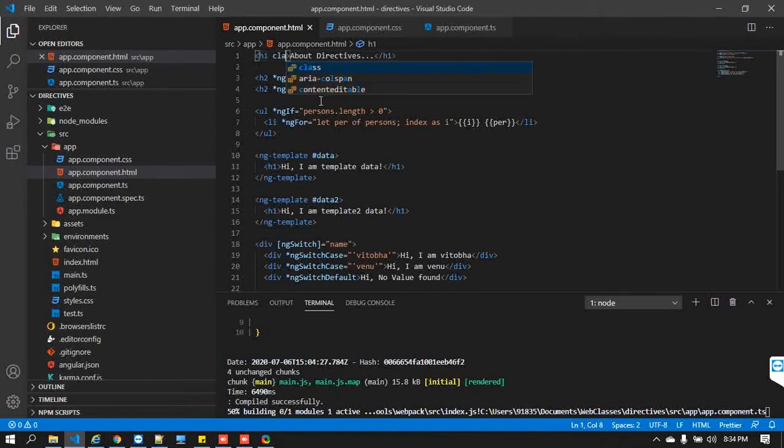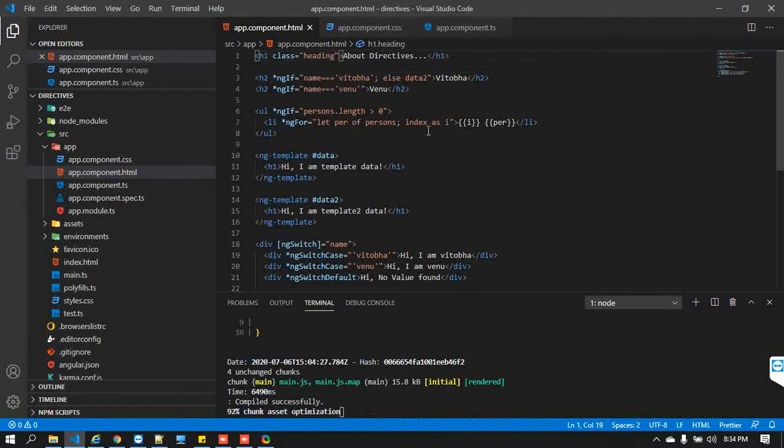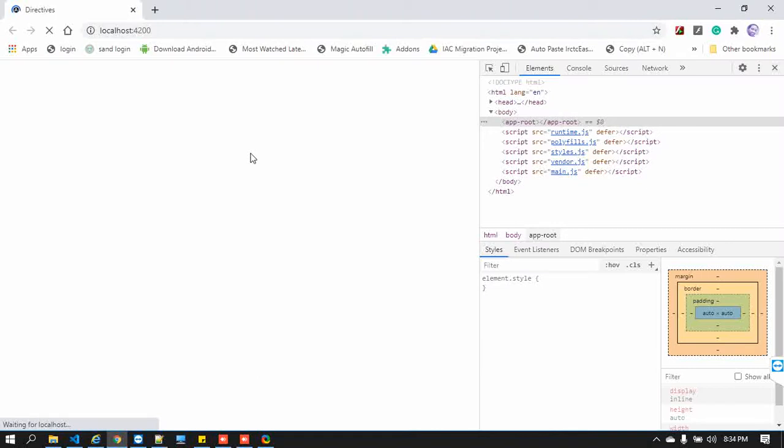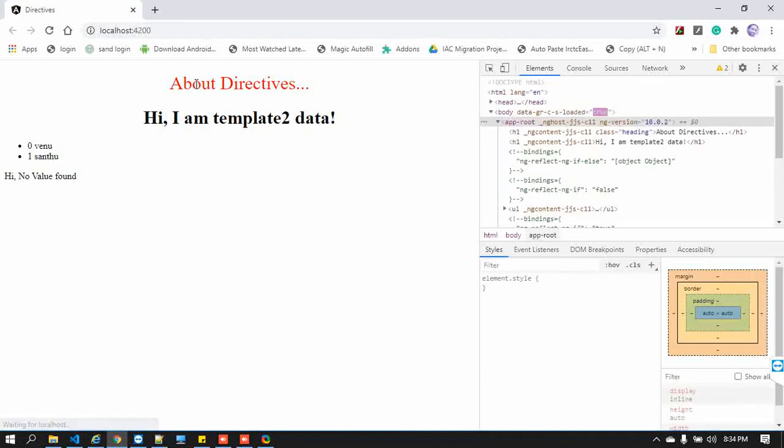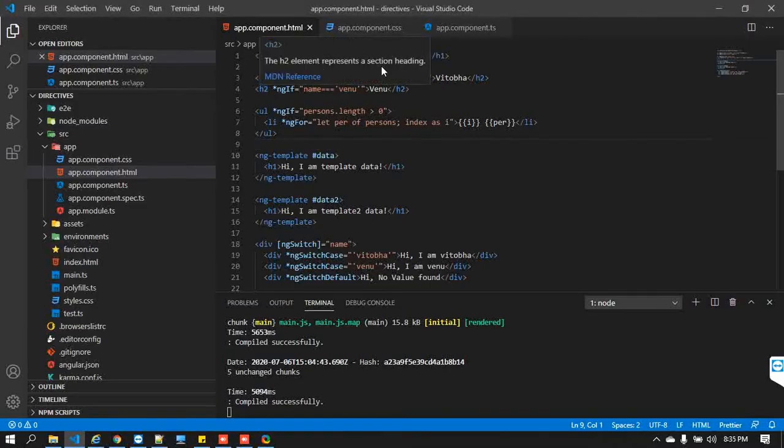Now class, look at here. Now come back here. So what happened at this moment? It changed your respective element property. It changed the look and feel of your element. It has not removed your element, right? You just changed an attribute of your respective element. That is why we are calling all these things attributes.